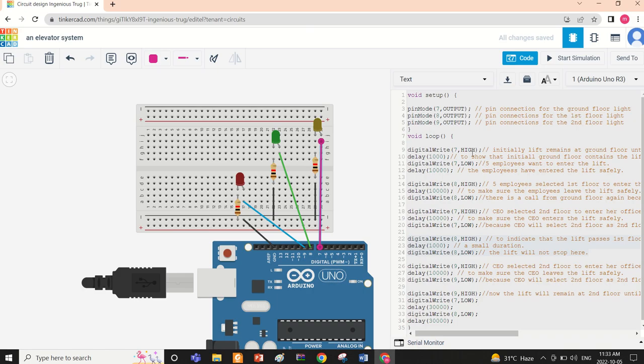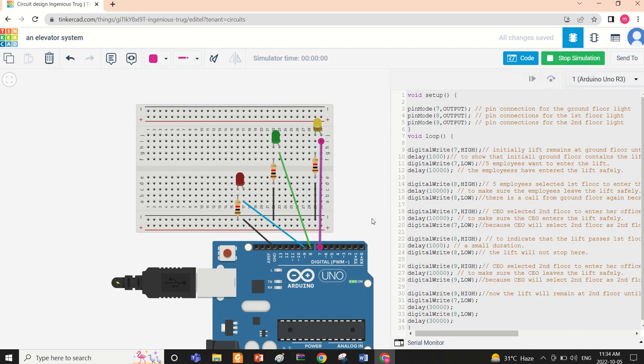I have already created a circuit indicating level 1, level 2 and level 3. The ground floor is connected with pin number 7 according to the same program. I have written the same program here. Then pin number 8 for the first floor, pin number 9 for the second floor. So if I start the simulation, you will get to see that the first floor lift was activated there, so